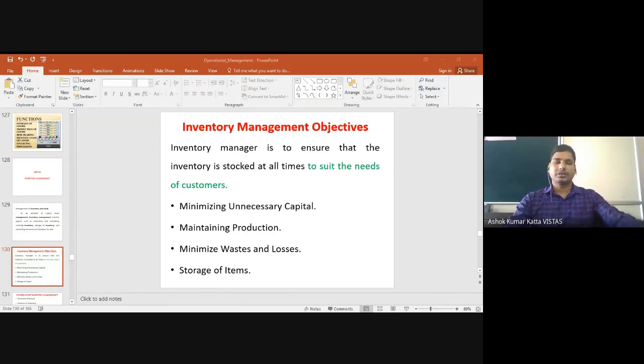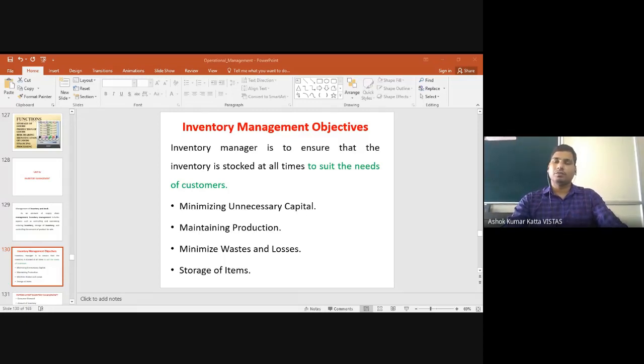Here the production department and inventory management play the major role, because a major quantity of investment is spent on these. By giving this data, and the other departments are of course also involved, they will take the consolidated information: this is the total cost of the organization for the last financial year, this is the sales turnover, this is the break-even point for us, and this is the profit we got last year. They will sit together and analyze.